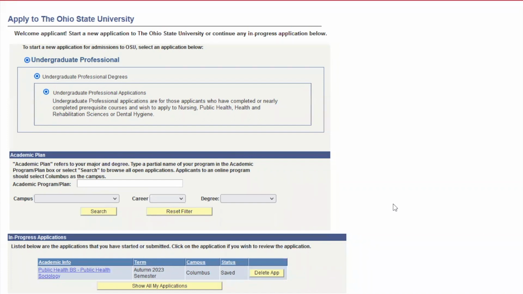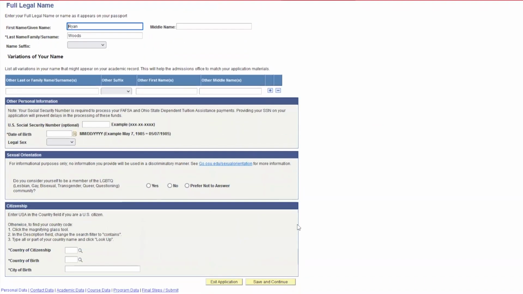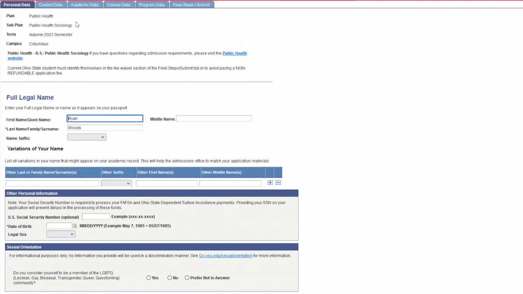When you look at the application itself, I do want you to note there are tabs that run across the top. I have had in the past students who will think they just have to fill out that top part of the application, or the first tab, I should say, but they won't continue to the other tabs. So there's no next button at the bottom of the page, as you see here. It is just a save, and you would go to the next tab.